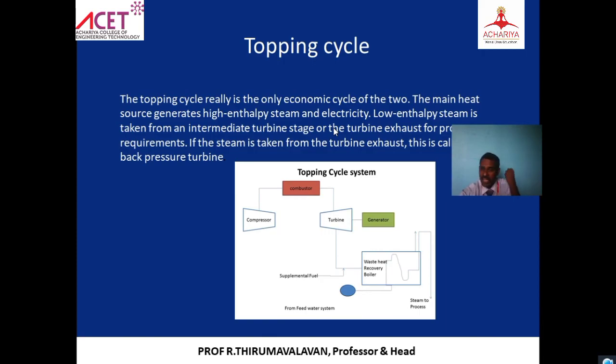We are bleeding the steam before it performs complete work in the high pressure turbine. Why are we bleeding? To improve the efficiency. If all the steam enters at once, it is very difficult to extract all the work, so we take some work out. How much is taken out we have to calculate, according to which M1, M2 or M3 amount is taken for reheating and how much for regeneration. As already told, for regeneration we can take 9 times, and for reheating only 2 times. That has to be kept in mind. That is what we call the topping cycle and bottoming cycle.